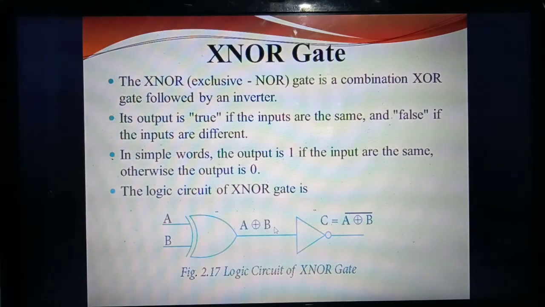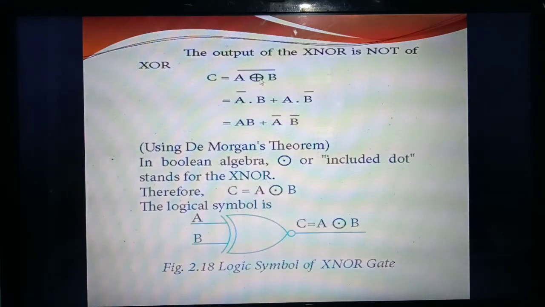How you are getting this XNOR gate means, listen. Already it's a combination of XOR gate with NOT symbol. So, this is a symbol for XOR gate. Isn't it? A exclusive OR, XOR gate. So, XOR plus NOT gate. So, this is a symbol for NOT gate. What's the use of NOT gate? It inverts the given signal. So, what's the invert? A exclusive B inverted. Understand? So, listen carefully. So, this is a symbol. Isn't it? A exclusive B inverted.